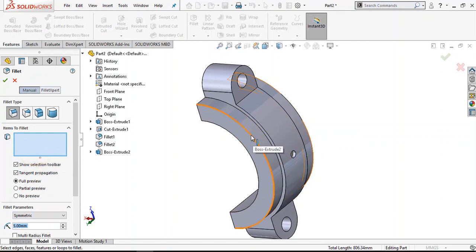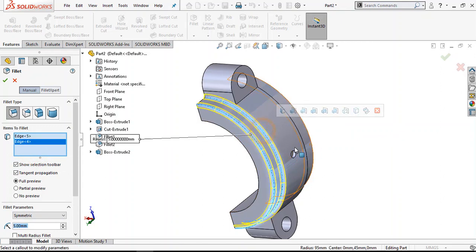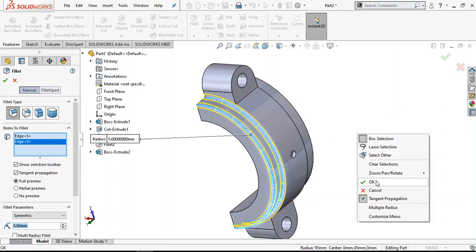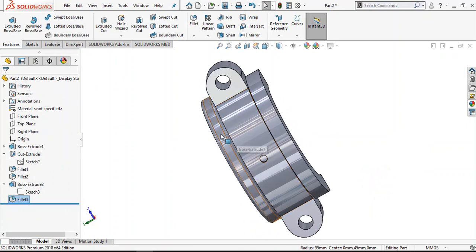Clear selection. Select this face and this inner face. Okay.